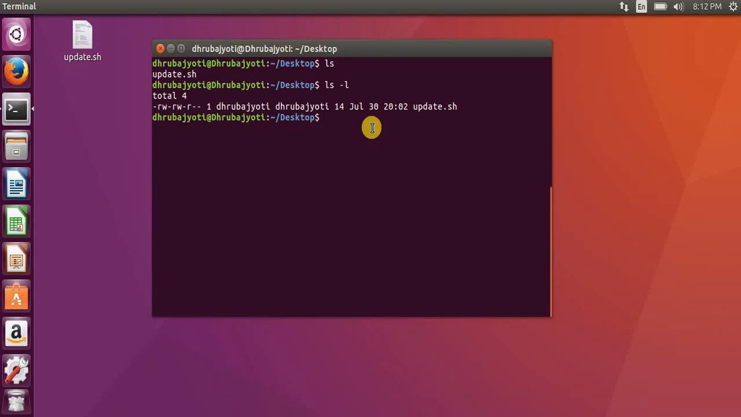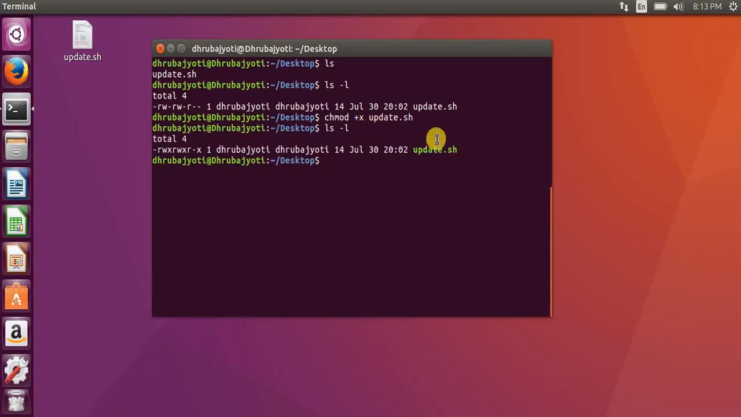That is, if I just type in here ./update.sh, then it will not be executed because it does not have executable permissions. Now to assign executable permissions, you have to change the permissions. So that can be done using the change mode command, that is chmod then +x and then update.sh and press enter. You won't see any changes in the terminal, but if you type in ls space -l, as you can see, the